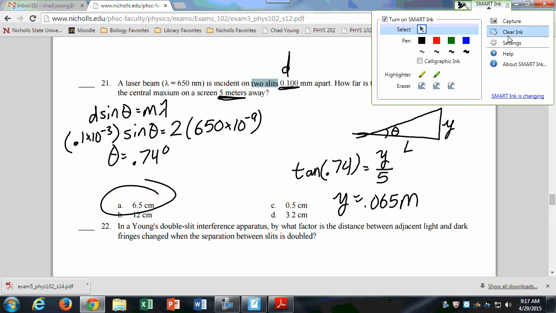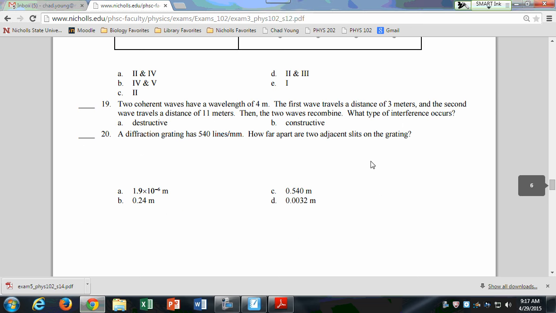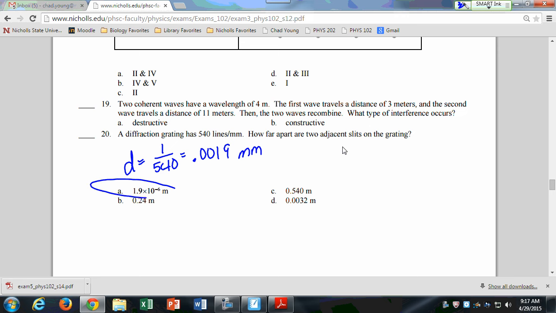So yeah. All right, let's go through here. Diffraction gratings. All right, that's a very similar thing. How far apart are two adjacent slits on the grating? Oh wait, no, this is just asking for the distance d. So you will have to do this as well. To find the distance d, you just say 1 over 540. And if I take the inverse of 540, I get 0.0019. But that's in millimeters. So it has to be this, 1.9 times 10 to the minus 6. I would move it over 6, or